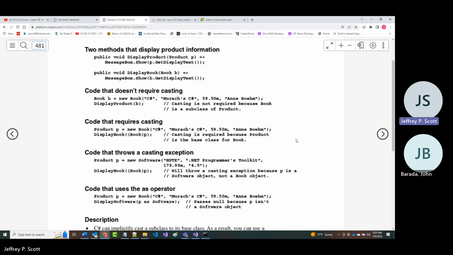If you go down to the fourth example, it says there's code that throws a casting exception. If you tell your program to do something and it's not possible in the software, so it's not been written into the software to do that, but you try to do it anyway, you're going to get an error. And that should make sense.